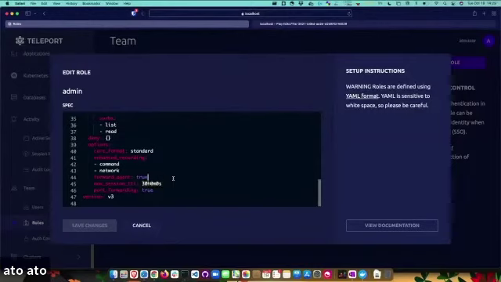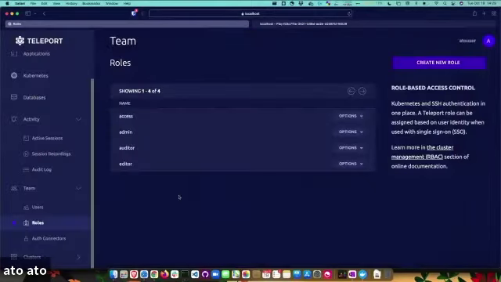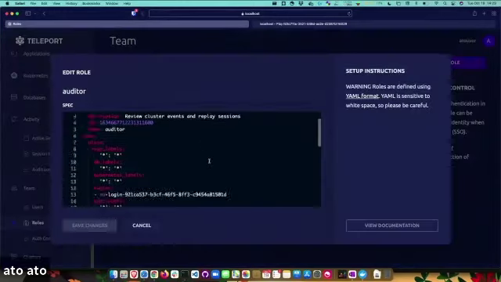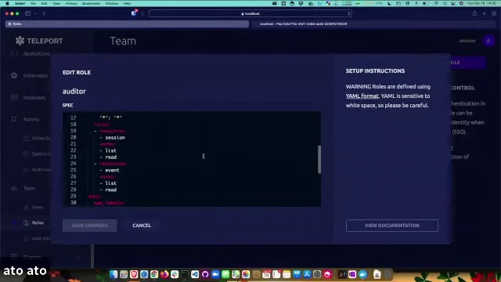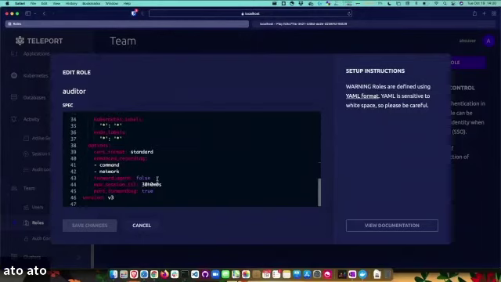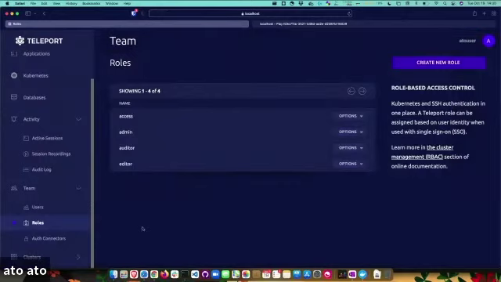And the idea behind this is that you store these roles in GitHub or in your source of truth so you can manage access to that and limit. 30 hours by default for an admin, probably not the best. But if I'm an auditor, if I have an auditor role, it's going to be a little bit more limited. I can only list and read events and maybe have a shorter time to live on that.